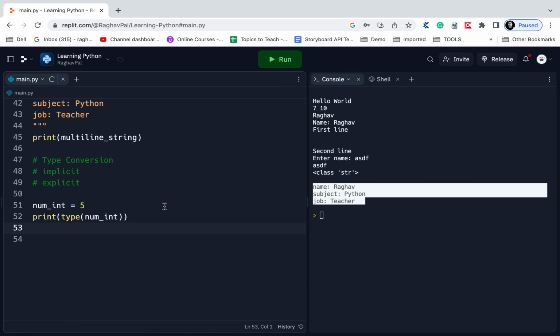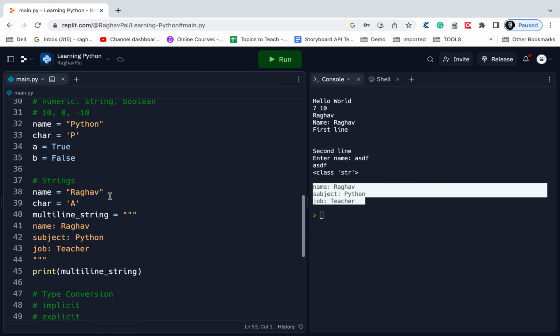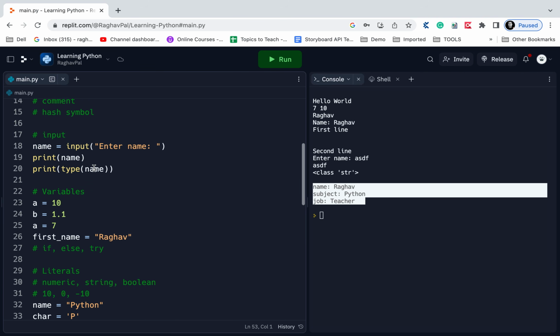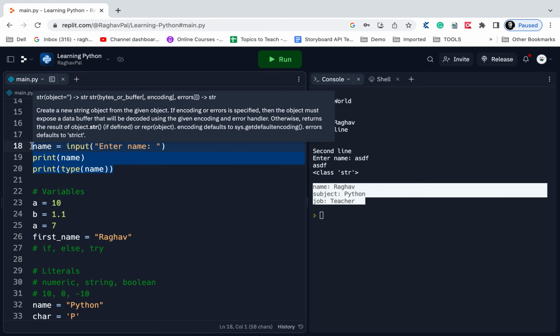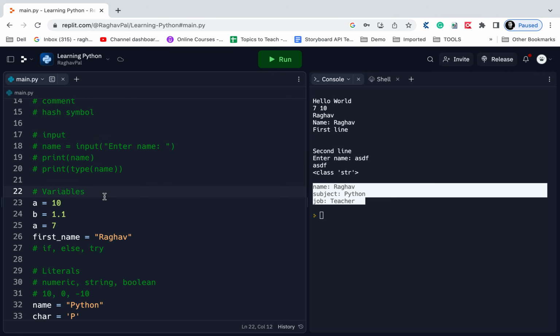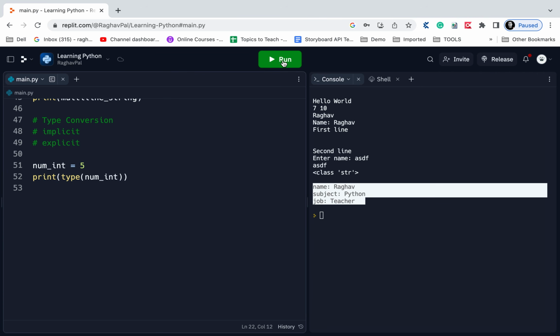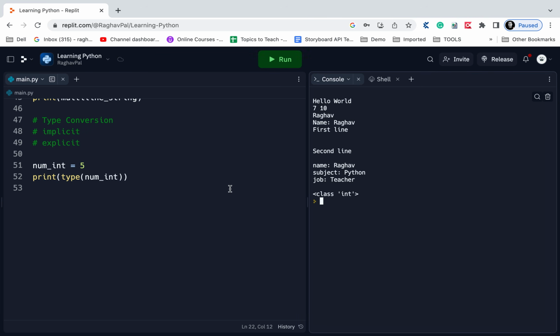So let me save this. Also I will just comment out the input statements, otherwise it will keep on asking me for the input. I'm selecting everything and pressing Ctrl+/ so that it does not always ask me for the input. So I will run this and check. You can see the type is integer. So we have not given explicitly the type, but it has taken it as